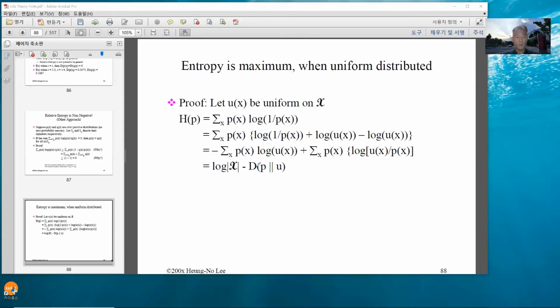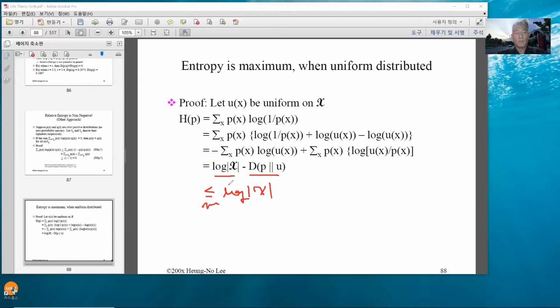Okay, so having said that, this one here is a positive number, and this one here is a non-negative number. So from a positive number, you are taking away a non-negative number. So this one is the maximum at log of size of the alphabet. Okay. So when do you achieve maximum, which is the equality